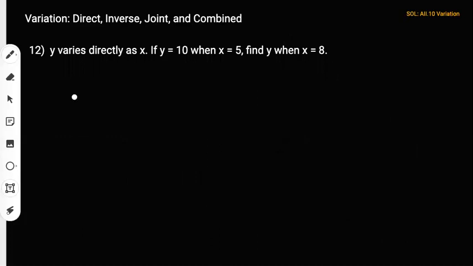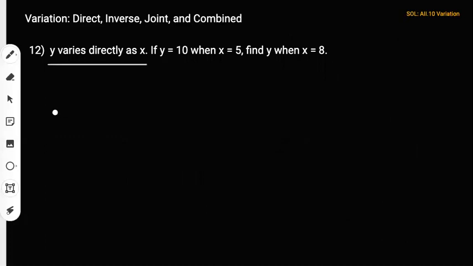Our first one is y varies directly as x. This is number 12 on the classwork. Y varies directly as x. So if y equals 10 when x equals 5, you need to find out what y is when x equals 8. So the first thing we do is we recognize what type of variation we're using, because that type of